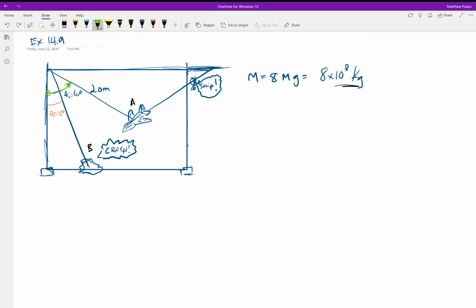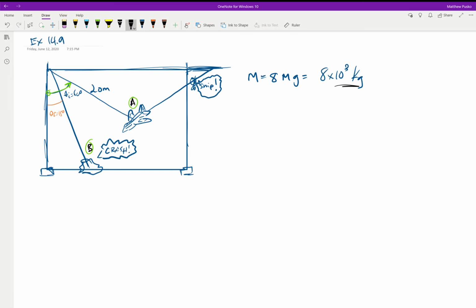We call one point A and the other point B when it turns to mush, and we're going to neglect the size of the airplane. Remember, we're just doing point masses. So this is actually a pretty simple problem with